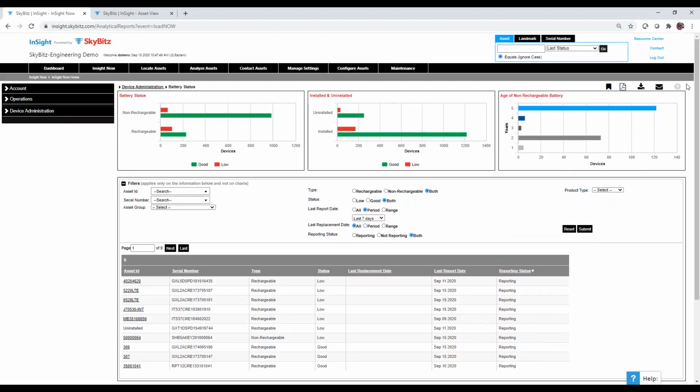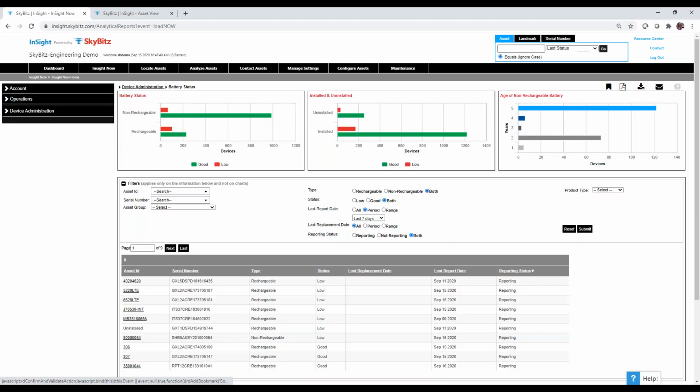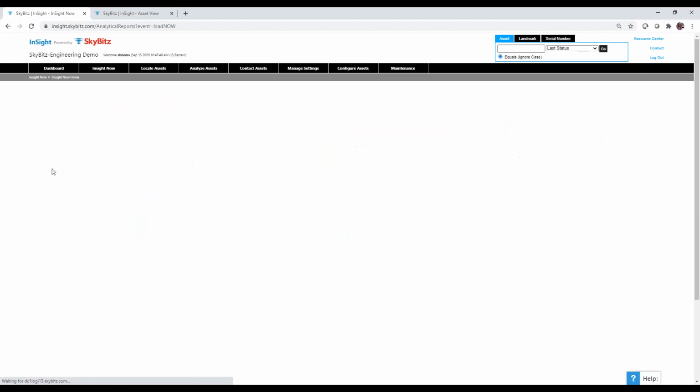So I, again, can send this off to a CSV file. I can send this off in an email, a PDF, or I can bookmark it. So I want to bookmark this as battery report, and I will hit save. And then what will happen